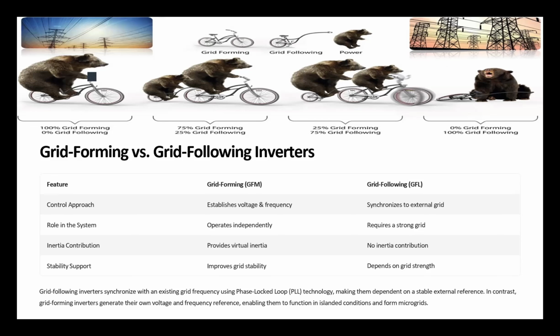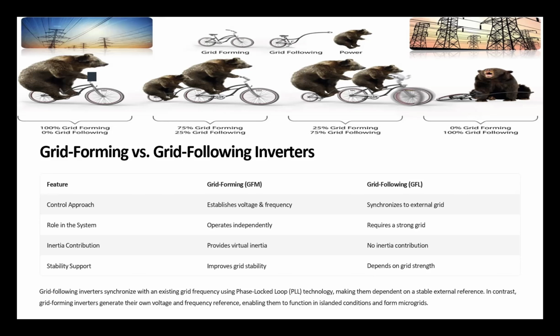The role in the system for grid forming is they work independently. That makes them capable of black start and islanding situation. Okay, but the grid following requires a strong grid. Be careful about the terminology, not just a grid, a strong grid. Okay,